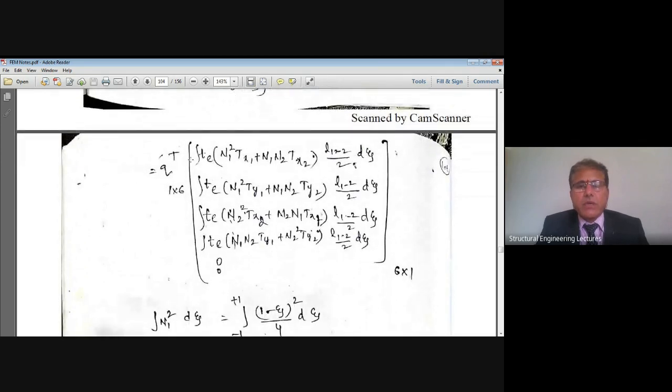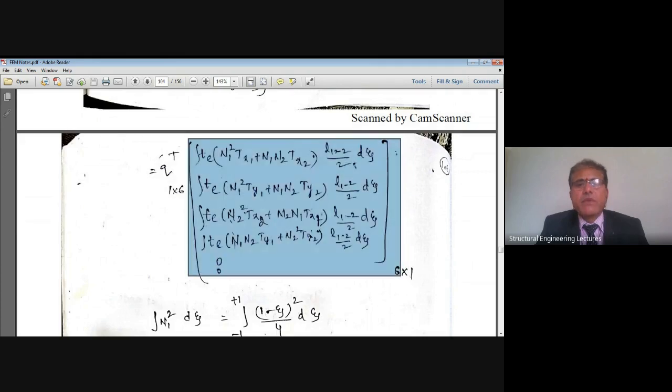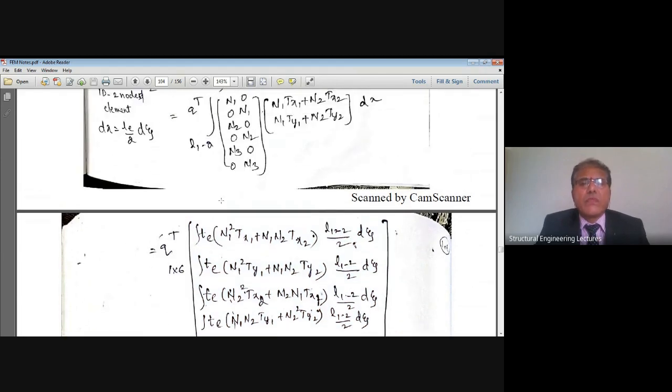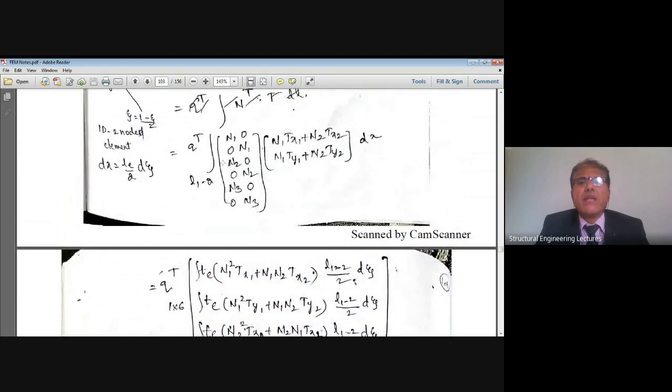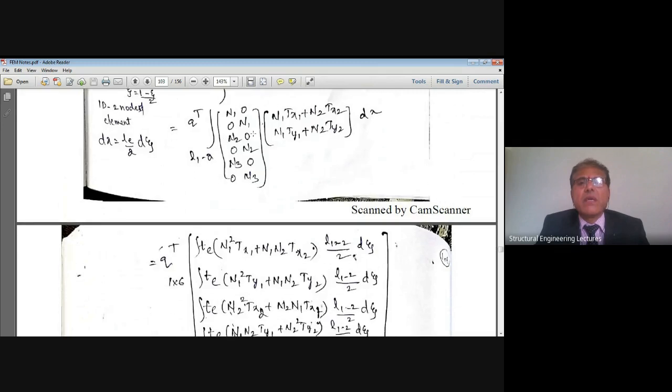That is how Q transpose multiplied by 6 by 1 vector, which is integration. The first row of that is integration over the element thickness n1 multiplied by n1 square multiplied by tx, right? n1 n2 tx2